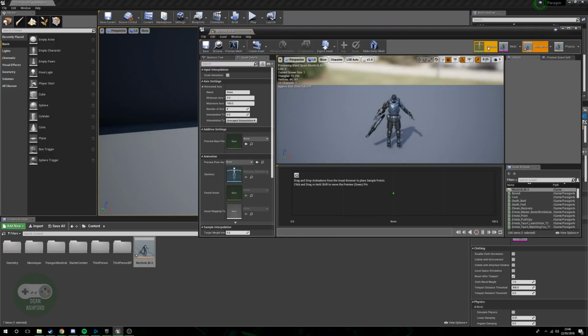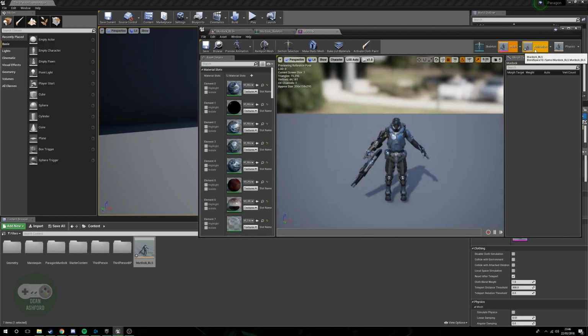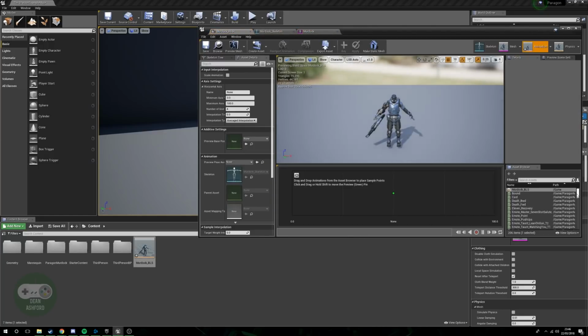What that will do is it will find the skeleton, find the mesh that's assigned to, and pull all the different animations that have been brought in. Now this is a lot of animations. I am not going through all of these. Some of them are quite cool, some of them are kind of boring. I suggest that you go through these in your own time and find a blend that's going to be nice for you. I'm just going to show you guys how to quickly set this up so you can get him